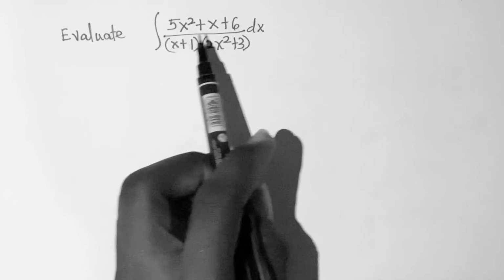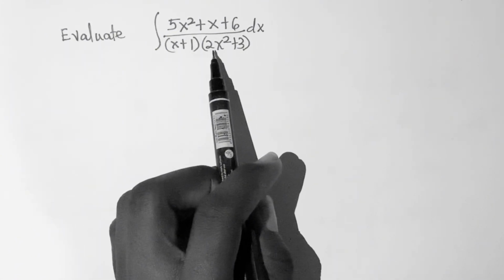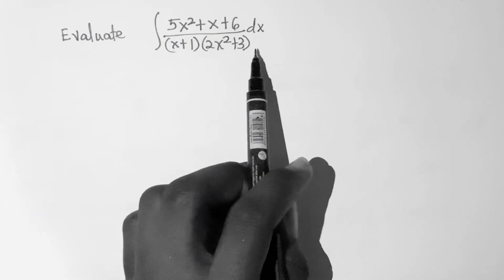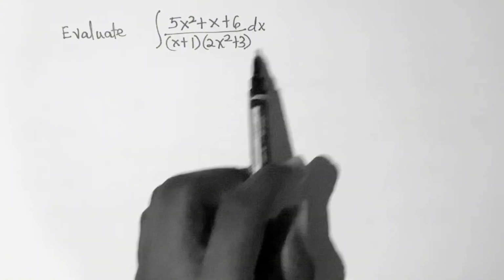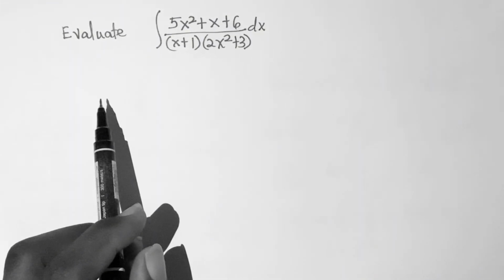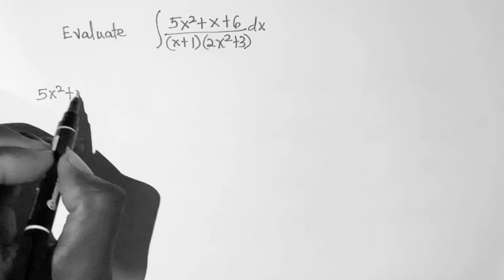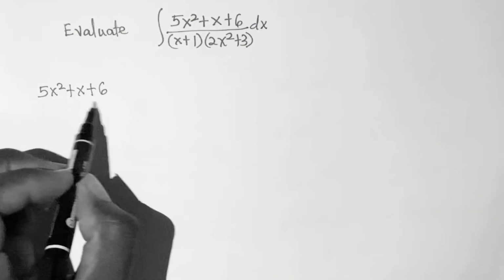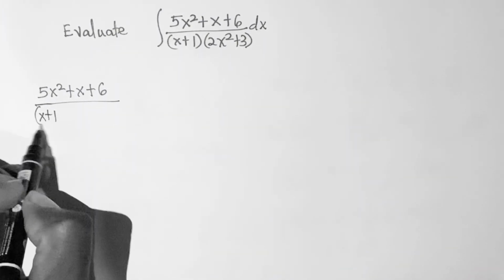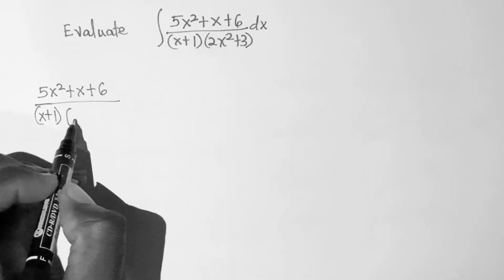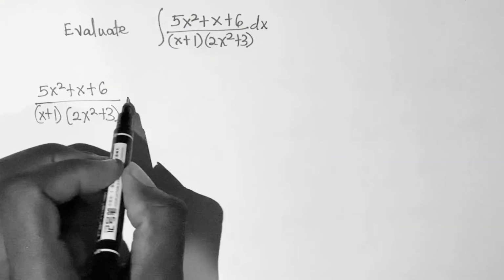Evaluate the integral of 5x squared plus x plus 6 divided by (x plus 1) times (2x squared plus 3). So this is the same thing. So let's take this rational function and express it as a partial fraction. So the function is 5x squared plus x plus 6 divided by (x plus 1) in one bracket and times another bracket (2x squared plus 3). So this is equal to,